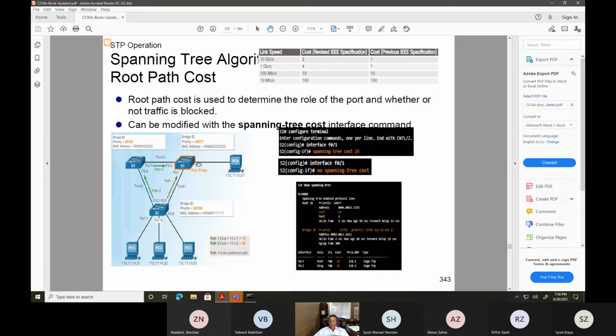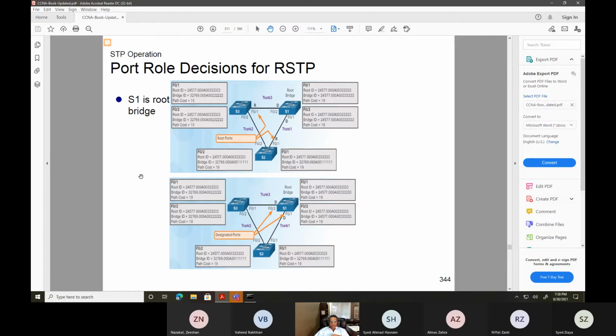Root bridge is the primary, and designated switches are the backup switches. To create the bridge IDs and root IDs, it adds your MAC address and also adds the number of VLANs configured on the switch.